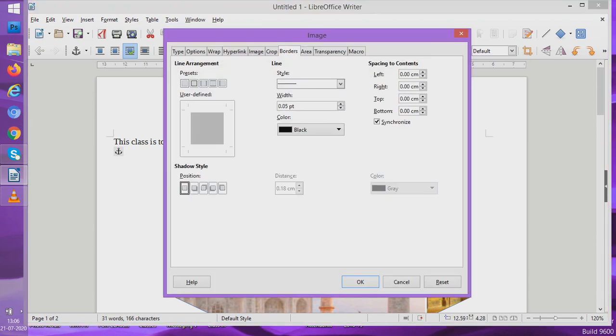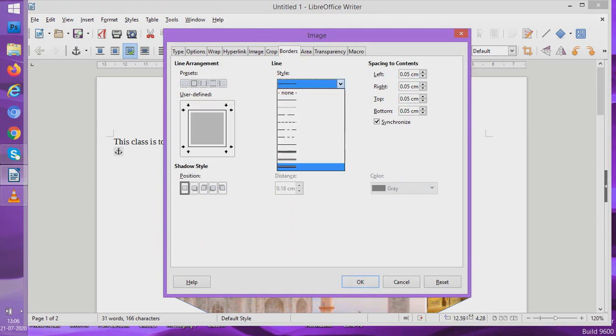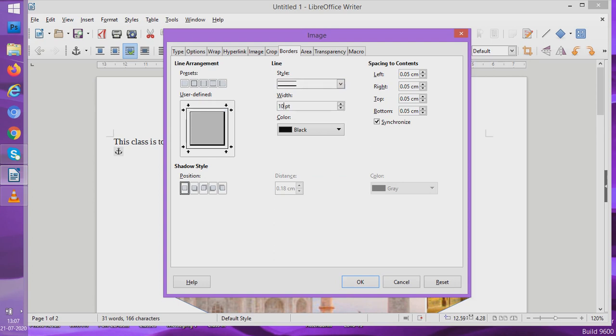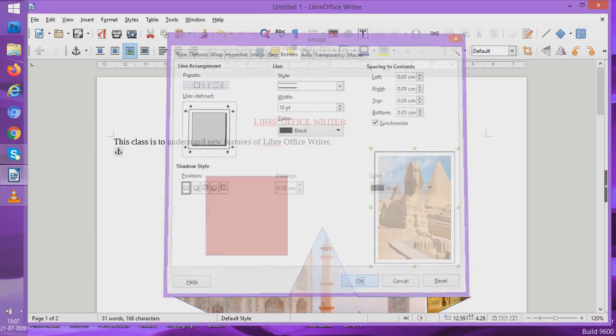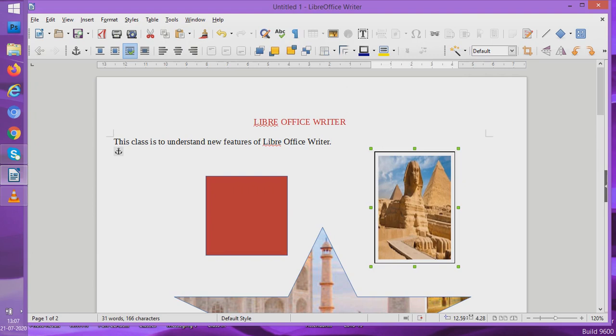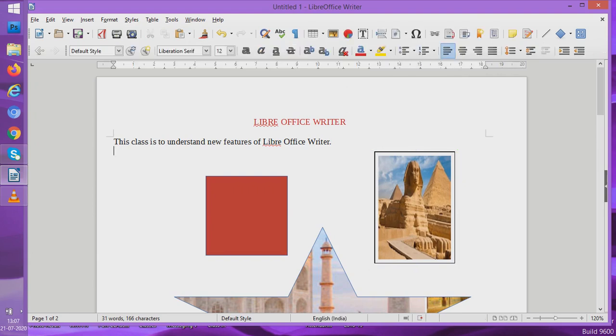You can well understand. I chose now how the border should look. Like this it should look, and I went into this given part. I chose a border. I increased the size of the given border. So I said 10. Now if I go and say OK, see a border comes. You can well see the border. So these things can be done with the images. So you can insert an image and then format that image according to your choice.